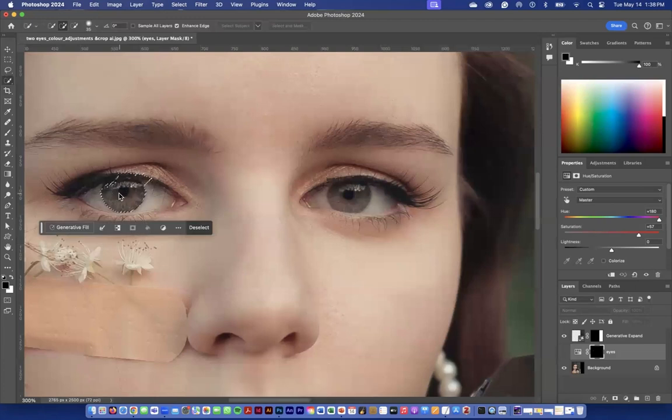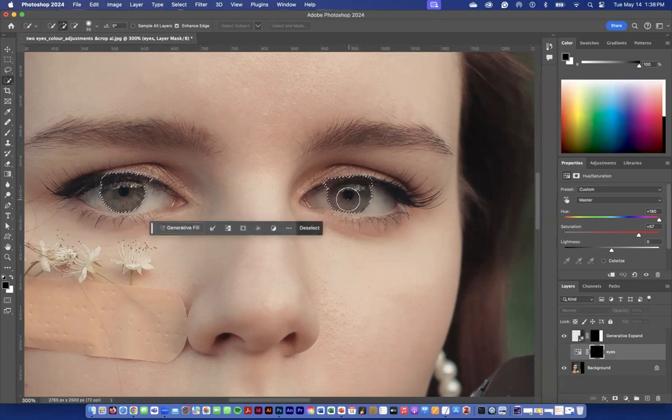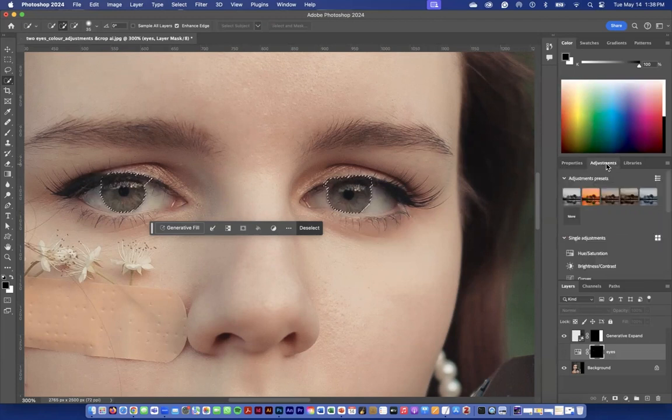So let's say I'm going to click here. See how it picks up some of the eye? If I click a little more, it'll pick up more of the eye, which we can always fix after, just like we did here. And then because there's a plus sign here, now I can click on this area. And there we go. With this selection, I could do the same thing I did before, go back to adjustments,